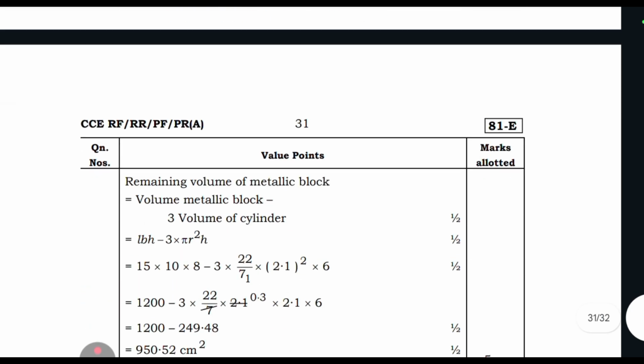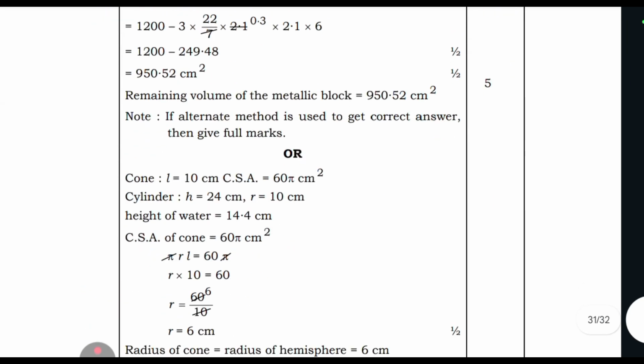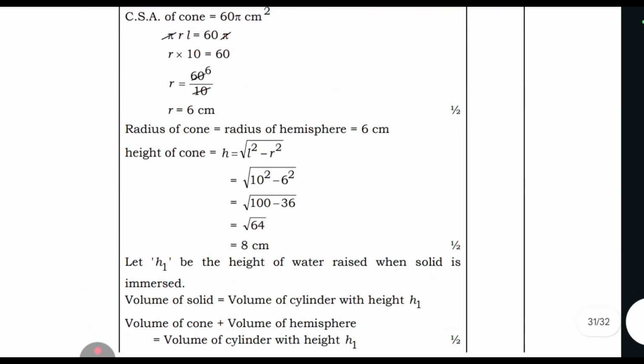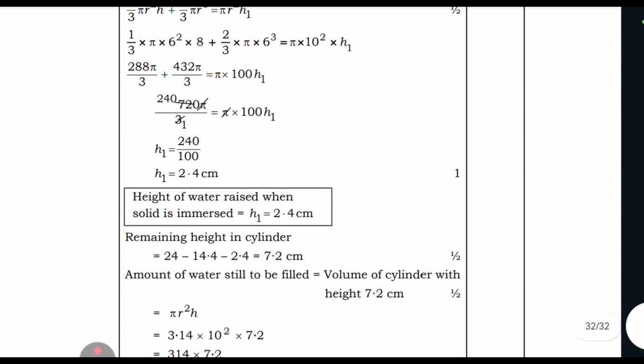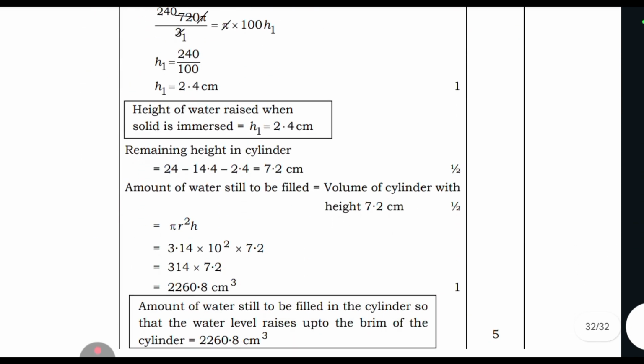So this type of question they will ask. Mainly the 5 marks questions are from surface area and volumes, or other times they will ask from arithmetic progression or